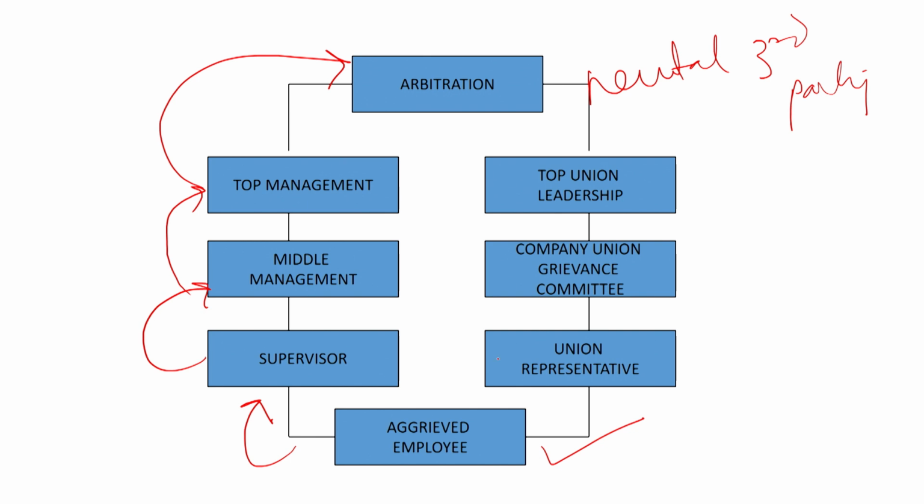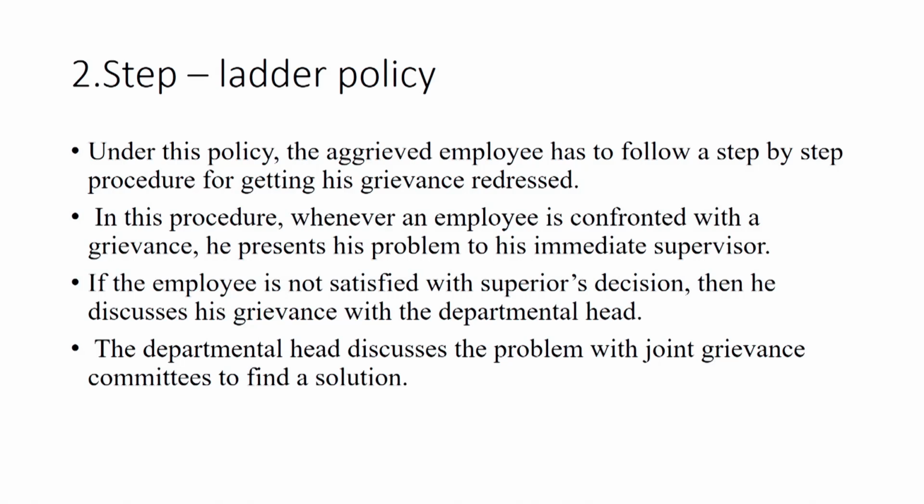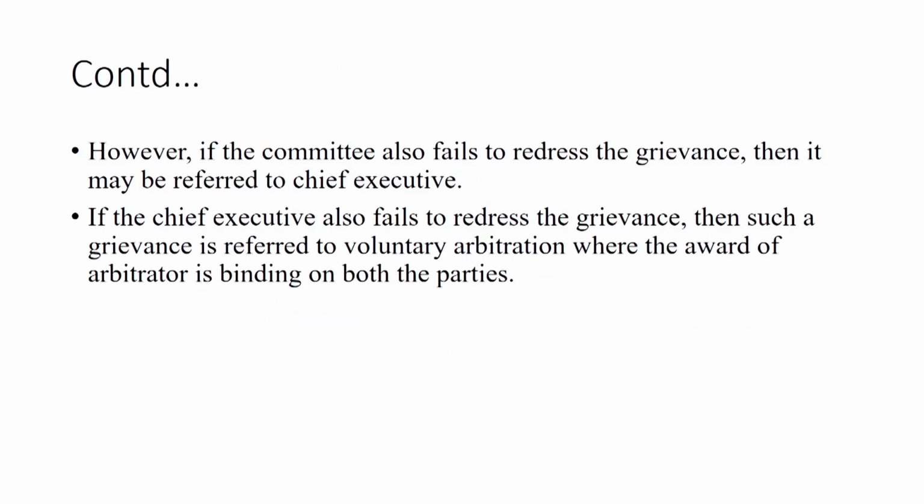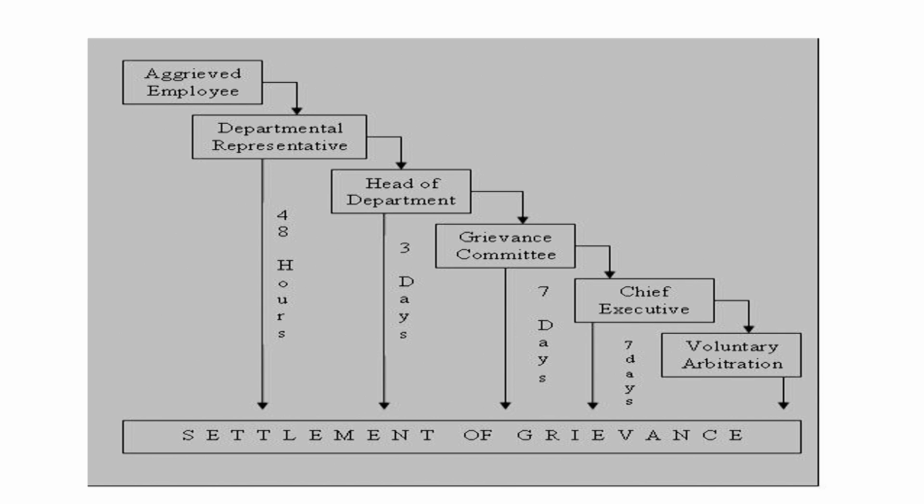In the case of an aggrieved employee, we all know that these employees are connected to the trade unions. Why are they connected to the trade unions? Because they feel a sense of belongingness, and they feel that in case of any problem, there are people who are going to help them. Naturally these unions are again connected with the grievance committee, and there is a union leadership that is involved in the settlement procedure. So, the top management as well as the top union leaders both make an attempt to solve the grievances of the employee. Then again, as I told you, there's a step-by-step ladder procedure. This is what the chart talks about.